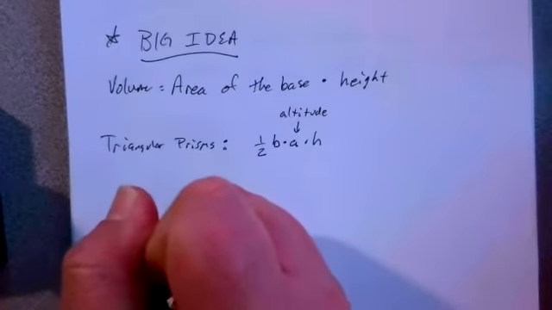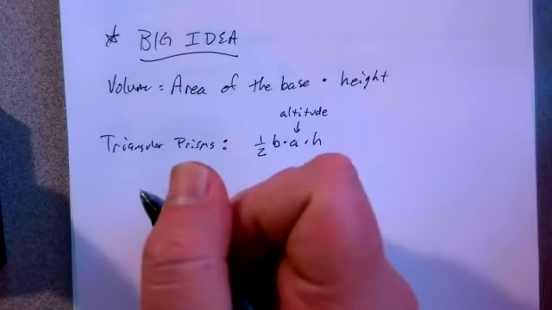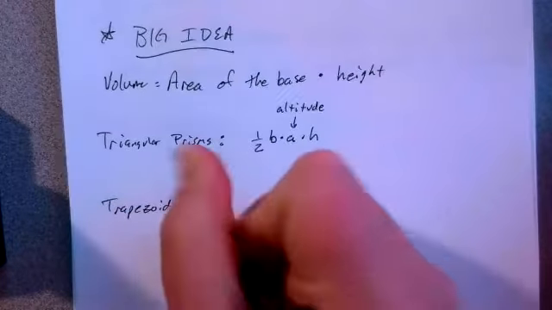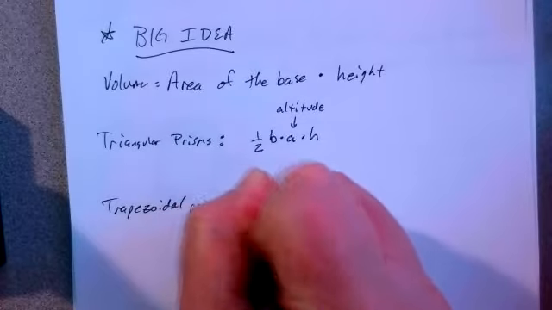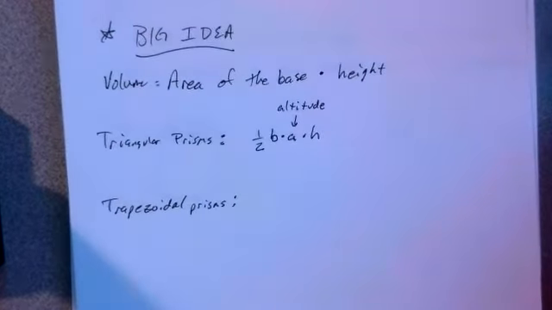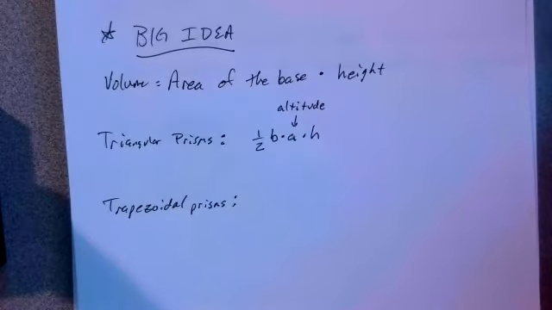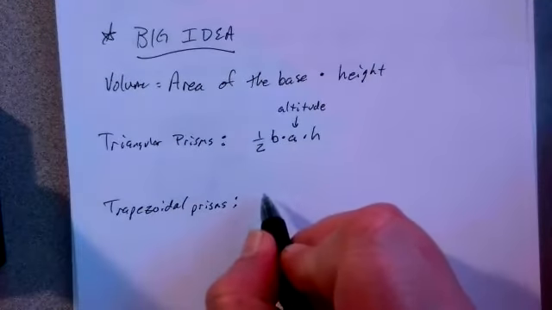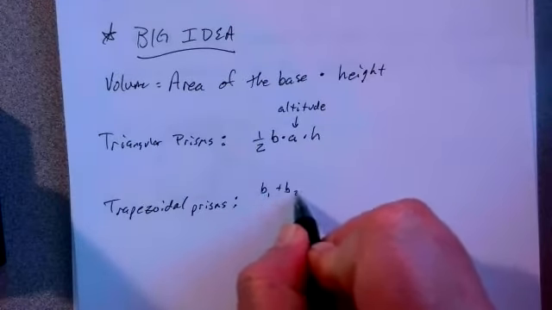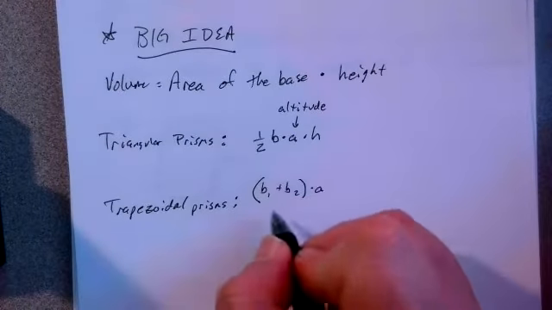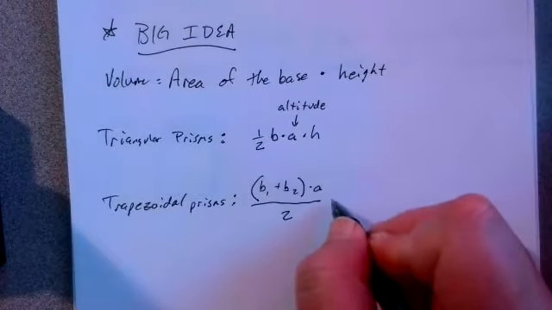For trapezoidal prisms, remember the area of a trapezoid, base 1 plus base 2 times the height divided by 2. Can't do that anymore. Can't call it height. We're going to have to call it altitude. So base 1 plus base 2 times A for altitude over 2, all of this